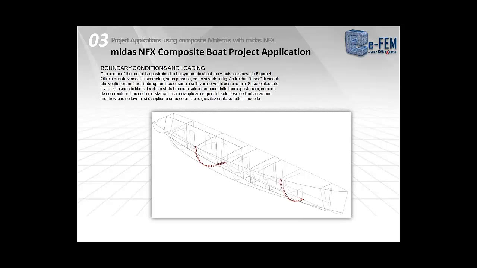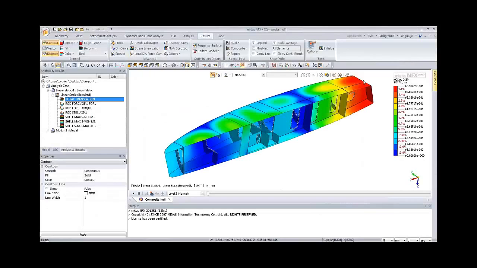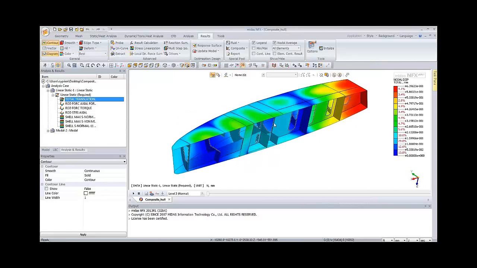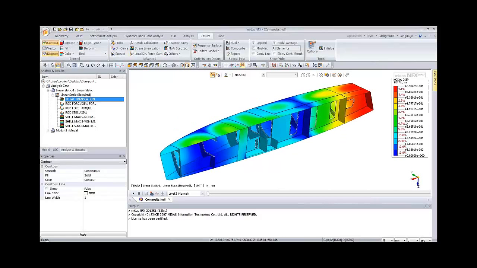So if I show you the model in Midas NFX, it's here. So it's a semi-boat, let's say, and you can check that it is made fully with composite material. I will show you the ply components.